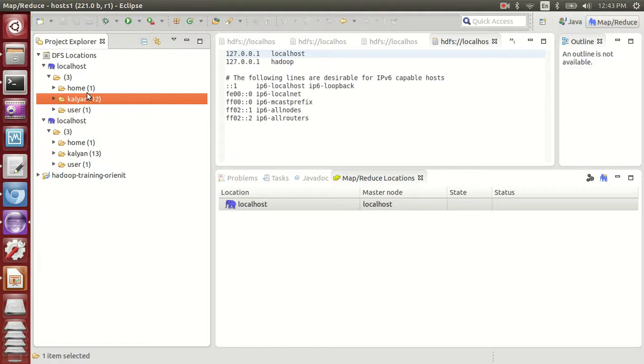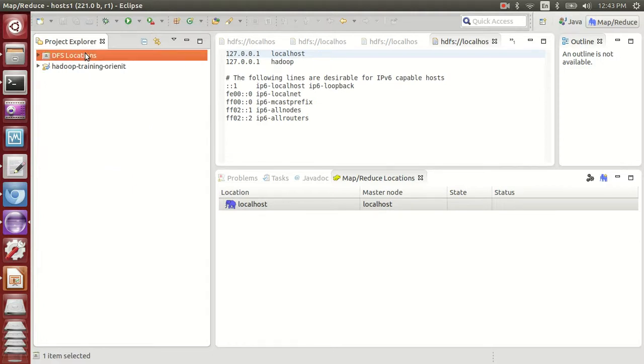Now please make a note of this step by step. First, how to create an Eclipse project and what are the advantages. We always use the local mode in Hadoop for writing the development code and the test code. So I'll be using the same functionality here, and I'm going to create a new Eclipse project with the help of the MapReduce plugin.